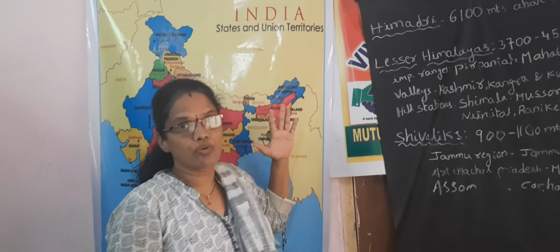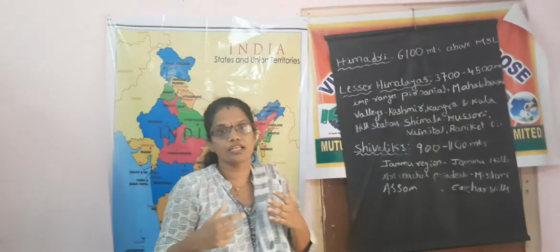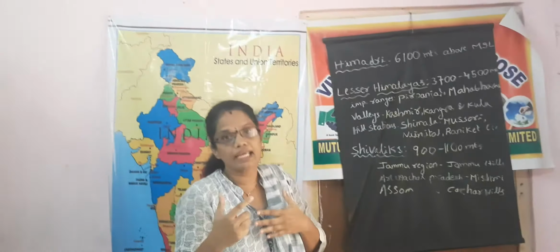In Himadri only we find ice and snow. The accumulation of ice, and the melting and movement of these glaciers, are the sources of the perennial rivers. Perennial rivers means rivers that flow continuously throughout the year. From the movement, accumulation and melting of the glaciers, rivers flow. That is the importance of Himadri.